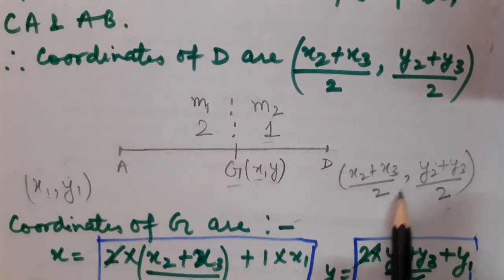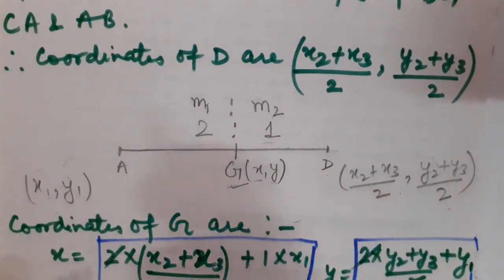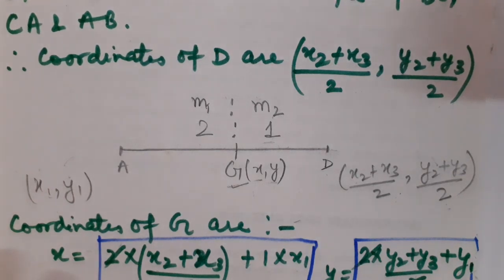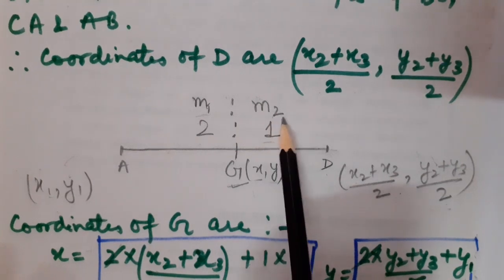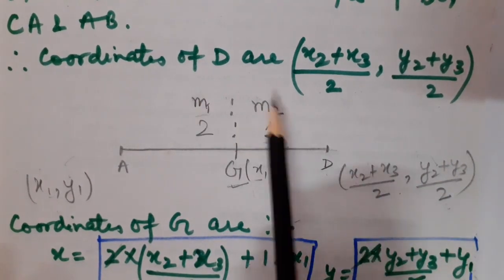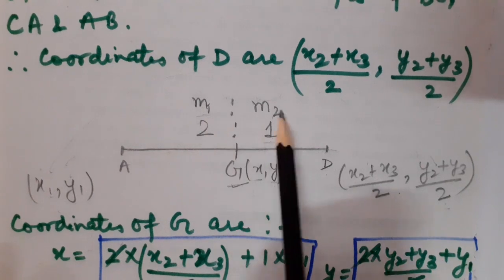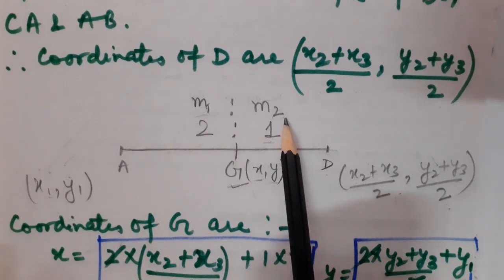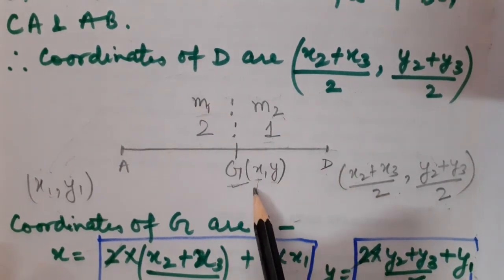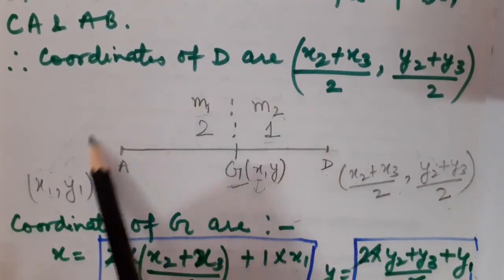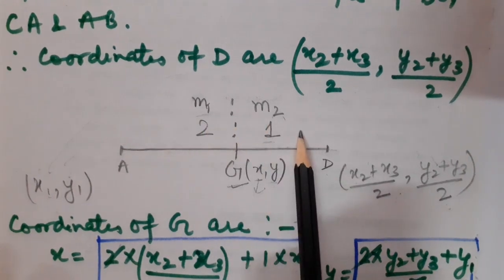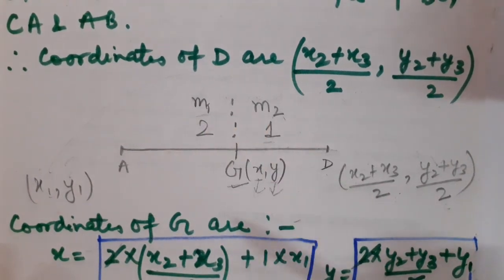Coordinates I know. Now we have to apply the section formula, because through the section formula only we can calculate the coordinates of the point of division. So let us recall the formula. Here I have assumed 2 as m1 and 1 as m2. It is (m1 into x2 plus m2 into x1) divided by the sum of the ratio, that is m1 plus m2. This is the x coordinate calculated. Now (m1 into y2 plus m2 into y1) divided by m1 plus m2 again. Through this I have calculated the y coordinate.